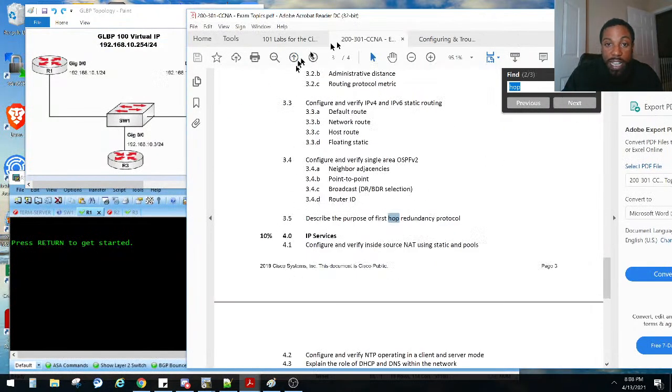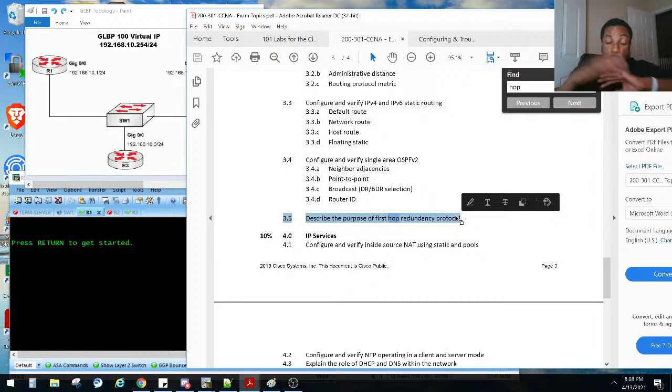First hop, it is in the CCNA exam, right? So bullet point number 3.5, describe the purpose of first hop redundancy protocol. Well, I just explained it to y'all, right? It creates redundancy for our first hop. So basically a backup route for our default gateway, right? And we could actually add 3 or 4 routers in a specific GLBP group, right? And then in case the first one goes down, then maybe we'll have our second one. Well, what if for some reason the second one also goes down? Well, we have a third router in the